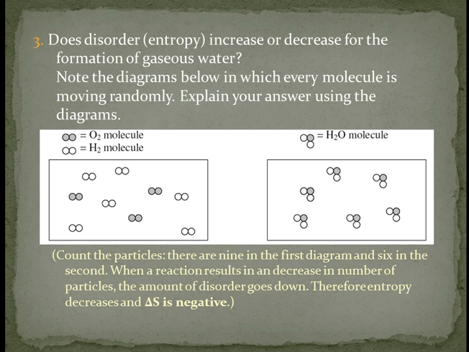You can just think about it as having a lot of mess on a table and then sorting all the little pieces of things that are on the table into 3 boxes. That would be disorder going down. And that would be the amount of quote-unquote particles on the table going down. So that's another analogy you can think of.